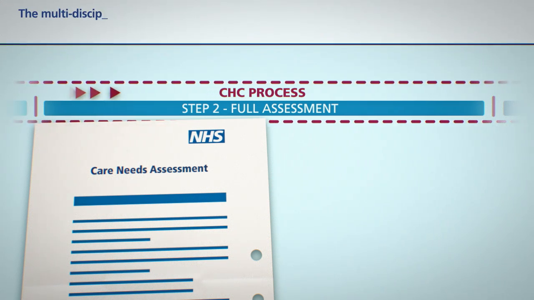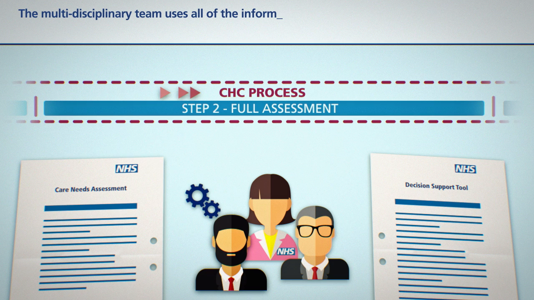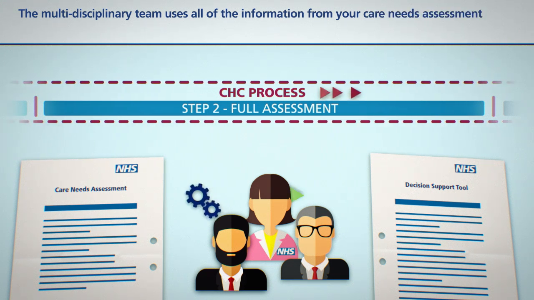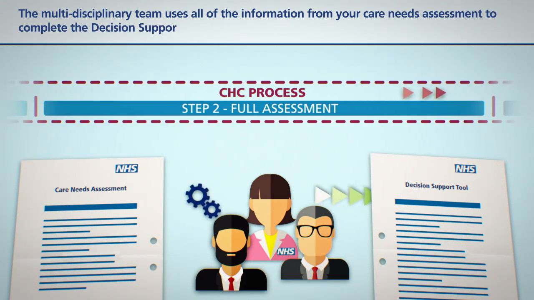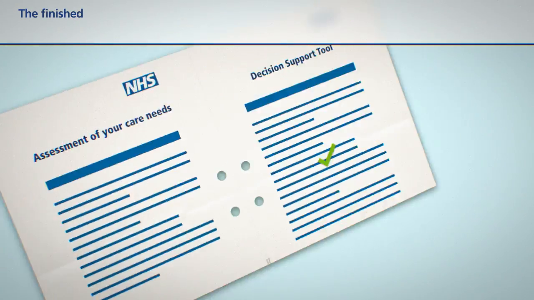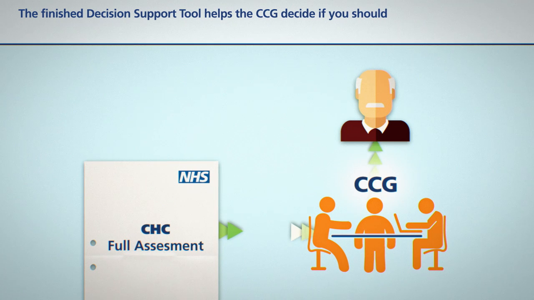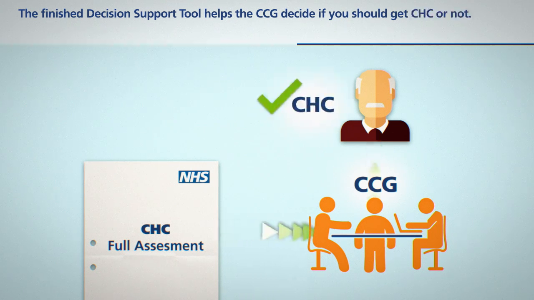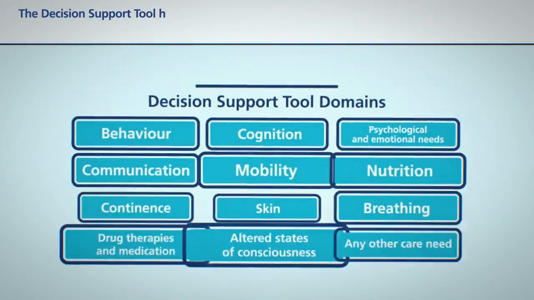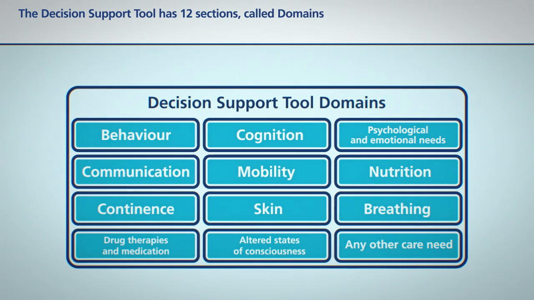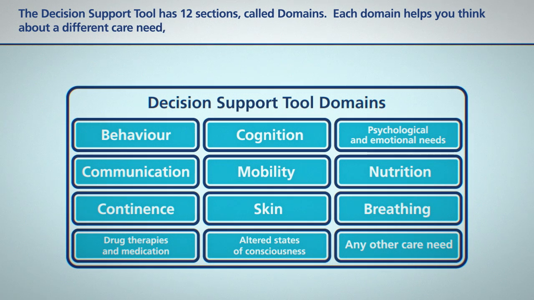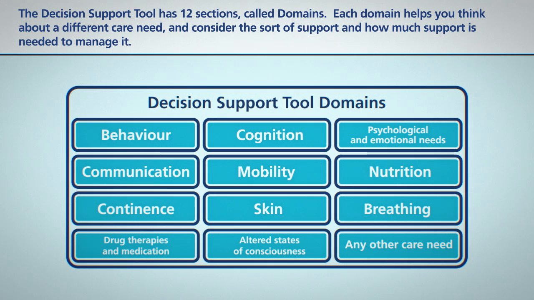The multidisciplinary team uses all of the information from your care needs assessment to complete the decision support tool. The finished decision support tool helps the CCG decide if you should get CHC or not. The decision support tool has 12 sections called domains. Each domain helps you think about a different care need and consider the sort of support and how much support is needed to manage it. The domains are: